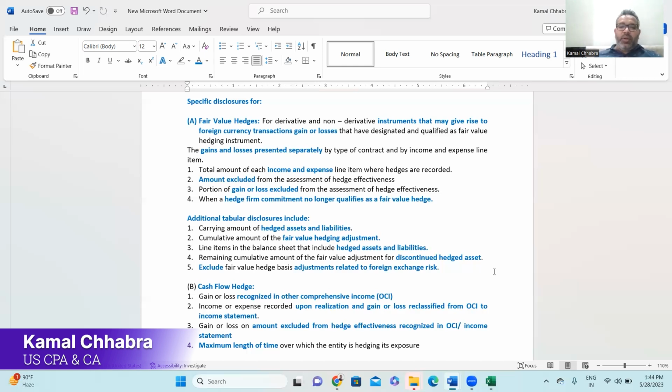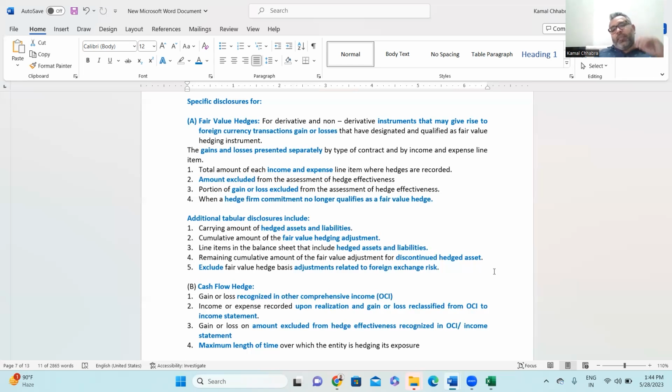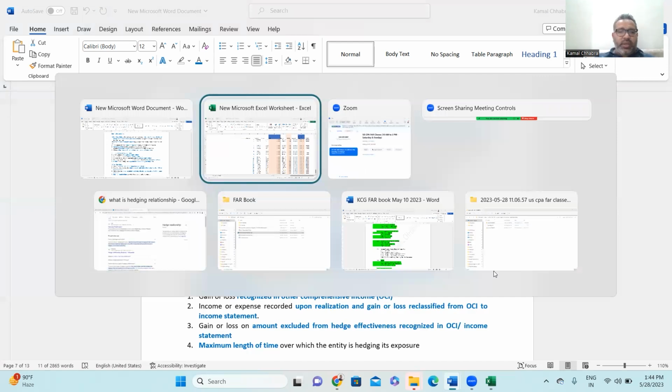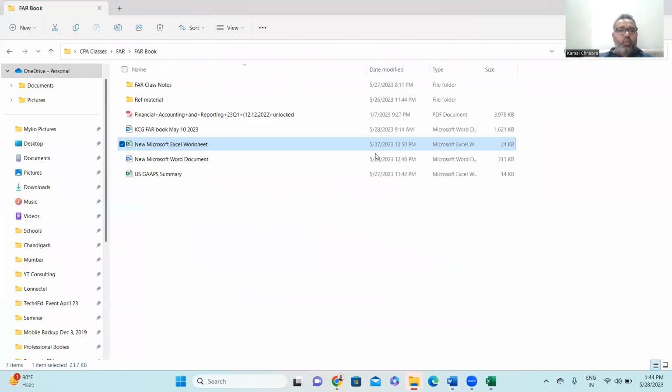Plus, additional tabular disclosures include the carrying amount of the asset or liability considered for the fair value hedge, the cumulative amount of the fair value hedge adjustment, the line item in the balance sheet that includes the hedged assets and liabilities, and the remaining cumulative amount of the fair value adjustment of discontinued hedging assets, excluding the fair value hedge adjustment basis related to foreign exchange risk. So I know this may sound like a theory, but what we can do